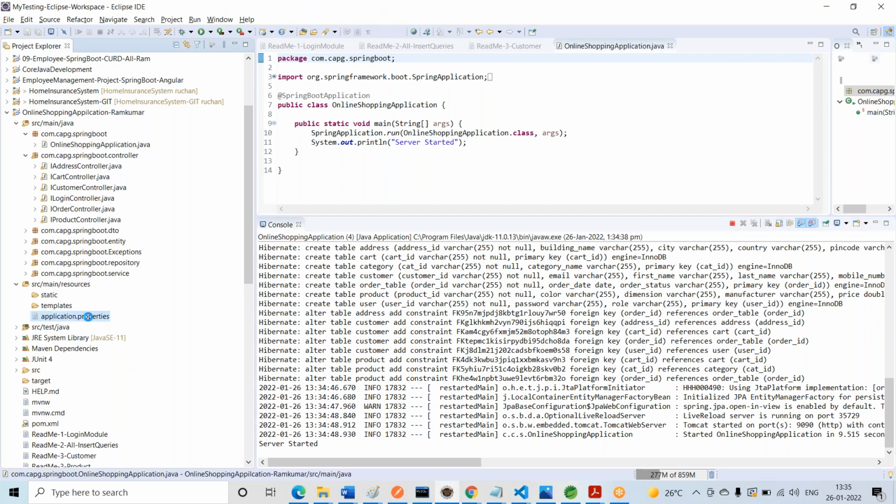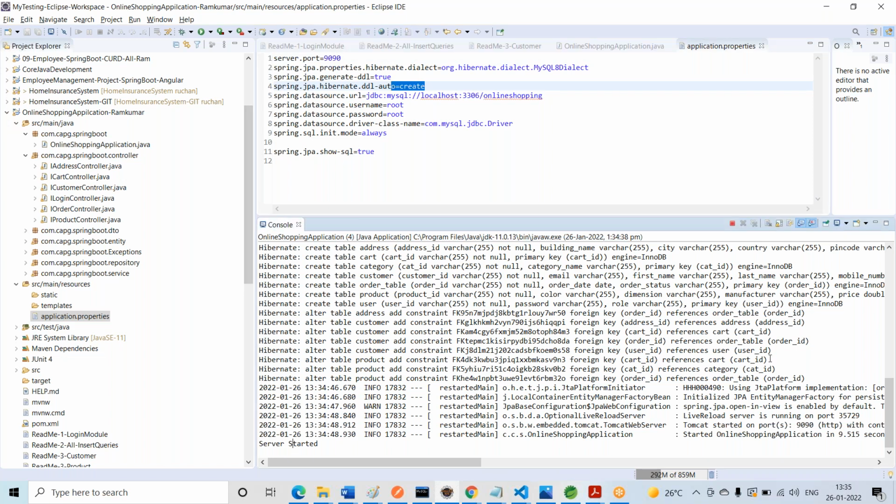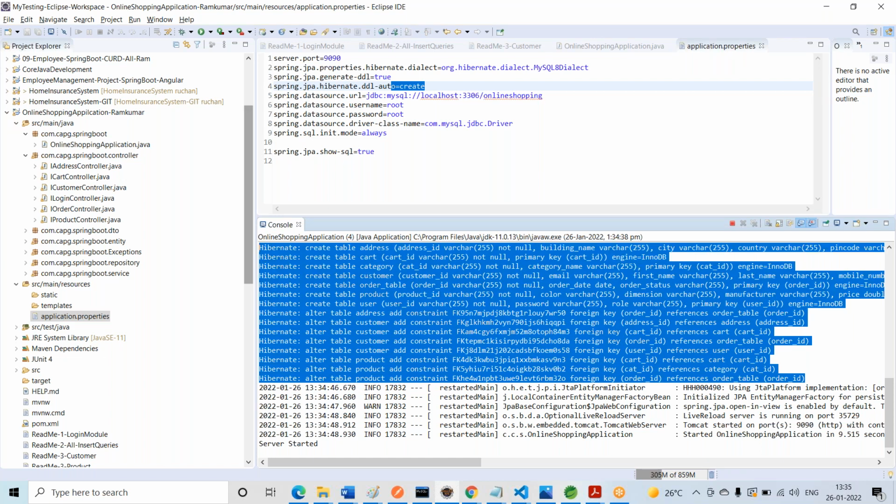Why? Because of the application.properties file, where we configured it. Once the server is started, the tables are created, but there is no data. We have to insert the data manually using Postman.